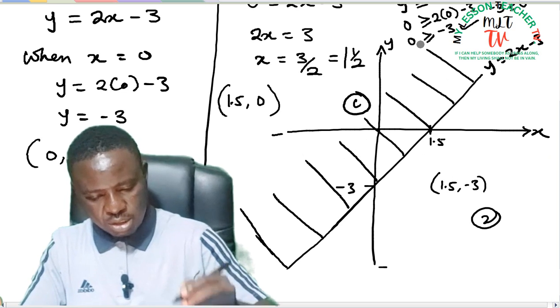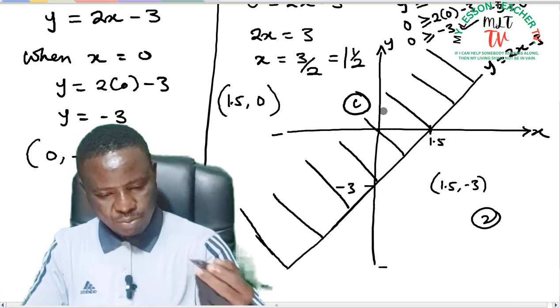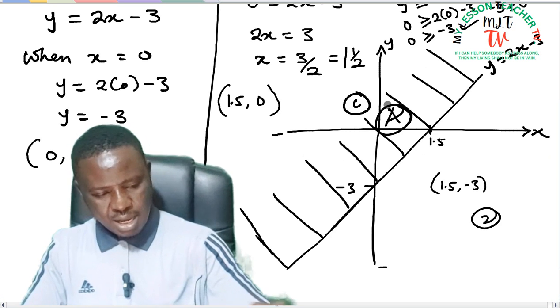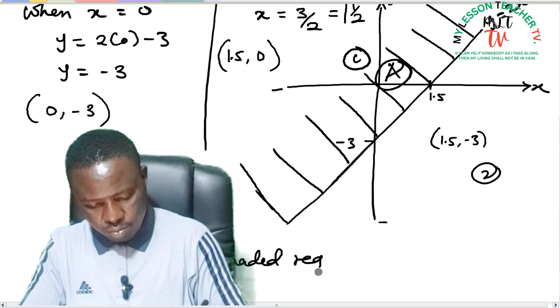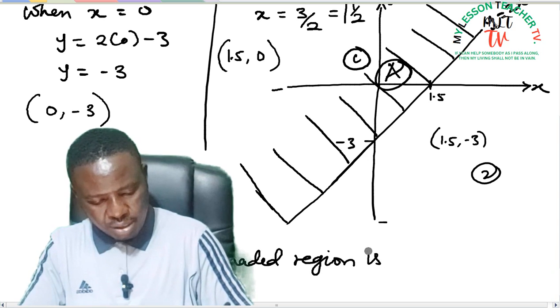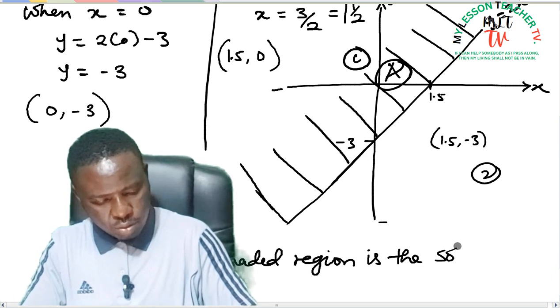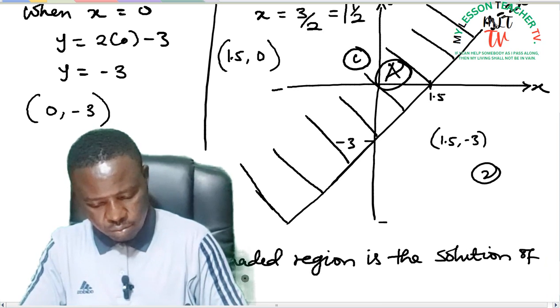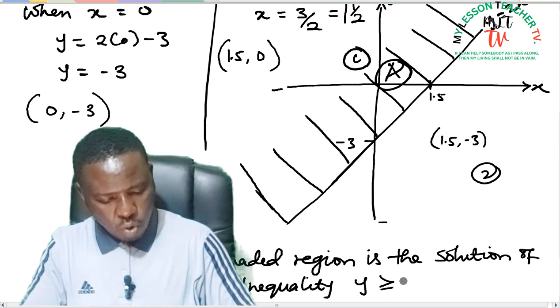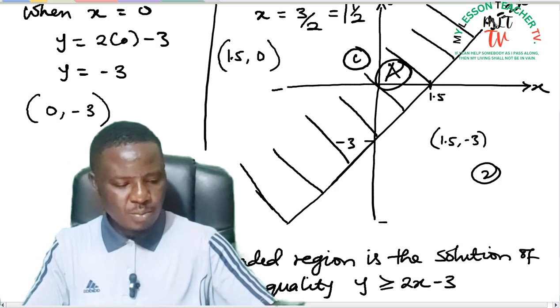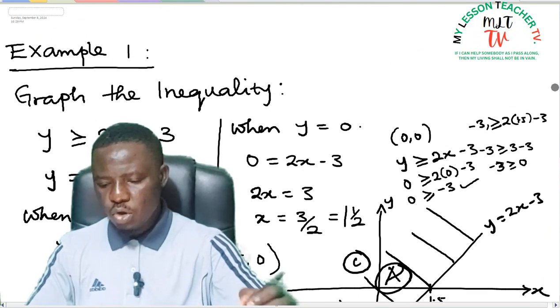So you can then call the shaded part maybe region A or whatever, and the solution now becomes the shaded region. It is the solution of the inequality y is greater than or equal to 2x minus 3. So this is how you can graph